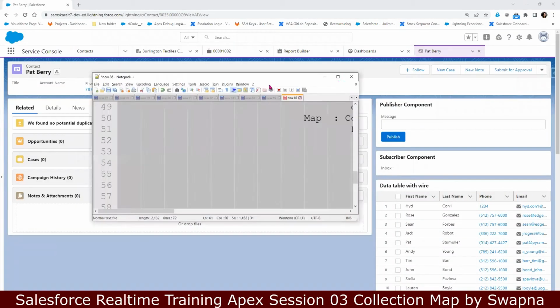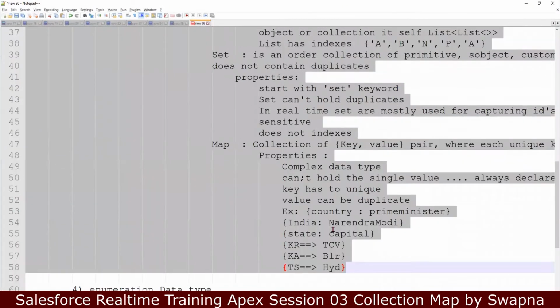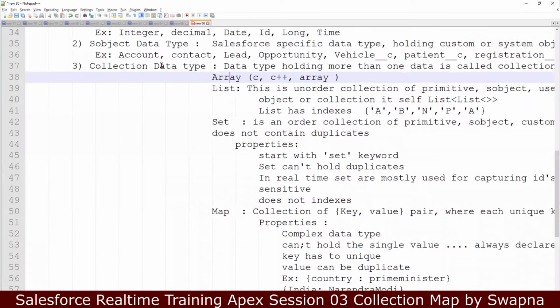Okay, so in the last class we have been talking about the collection data type, right? Collection is nothing but an array in another language. A collection holds more than one data. There are three different types: list, set, and map. We have seen some examples with the list, and also the methods that we can use